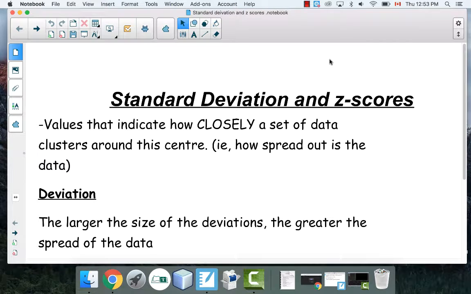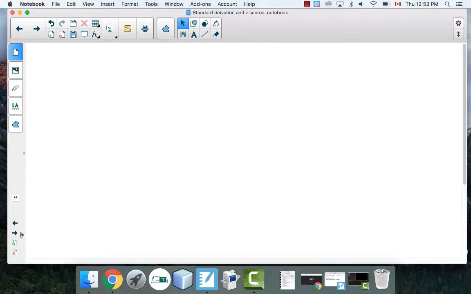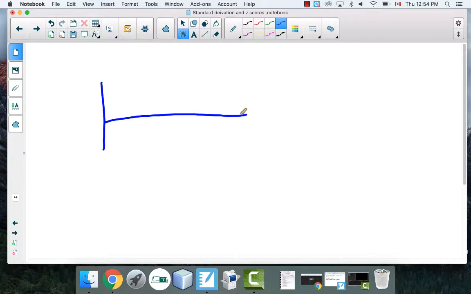In this video, I'm going to be trying to demonstrate what standard deviation is and how to calculate it, as well as z-scores. So essentially, here's the issue. Imagine I've got a number line, and I've got a bunch of values, and I find out that my average value is 10, and I've got